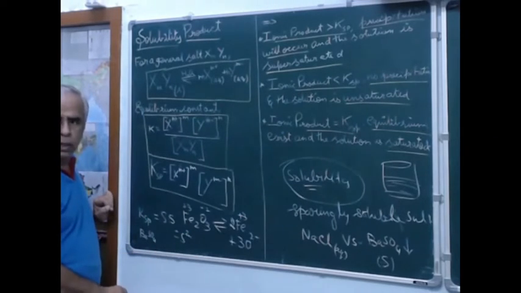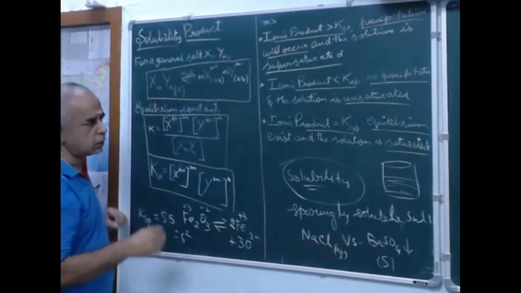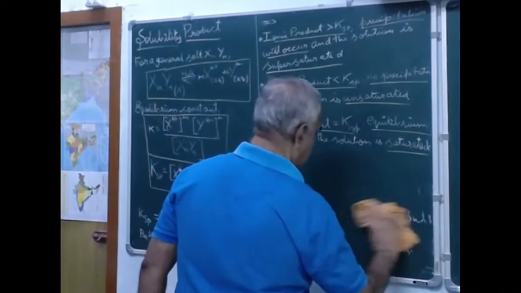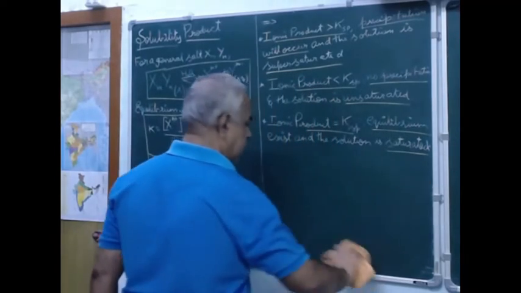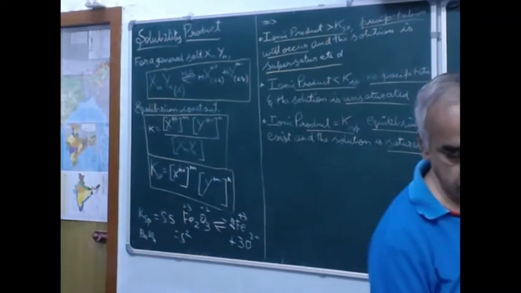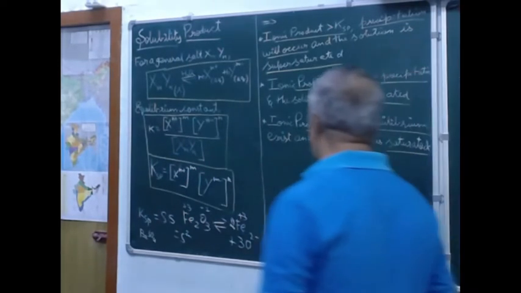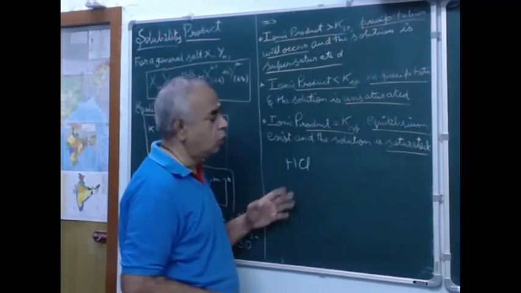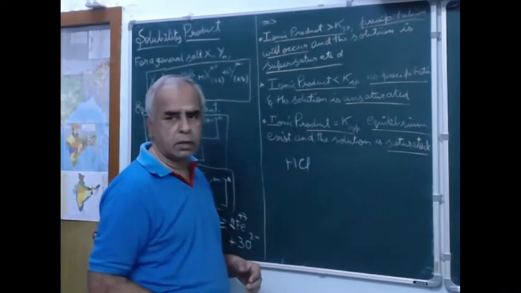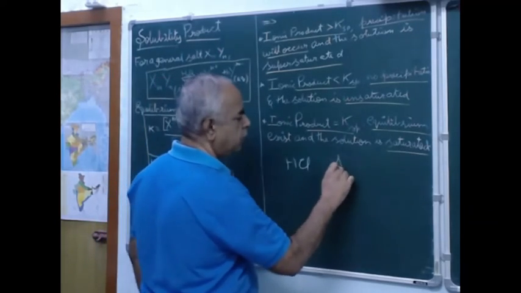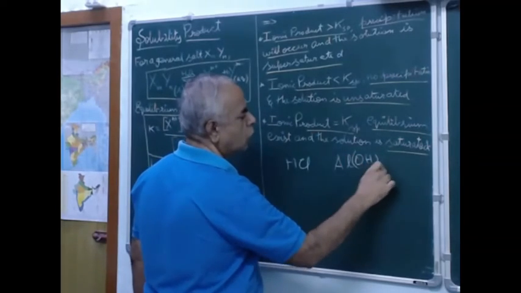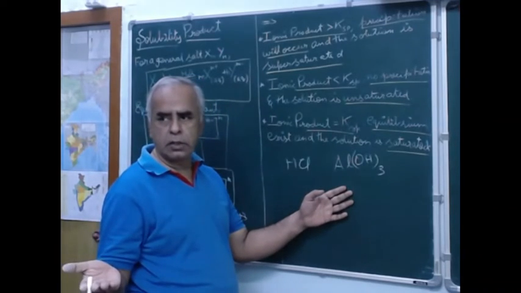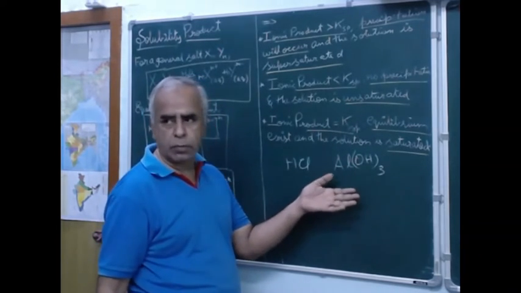Got it? In the case of aluminum hydroxide, let us consider aluminum hydroxide. It is also called aludrox. In fact, it is a very good base and is used for treating acidity of the stomach. For example, in our stomach we have HCl. When there is excess HCl, we can neutralize it with some base, and the base we take is aluminum hydroxide. That is why you would have seen Digel gel and Gelusil gel. All these contain aluminum hydroxide.